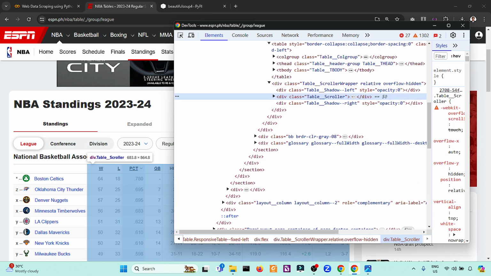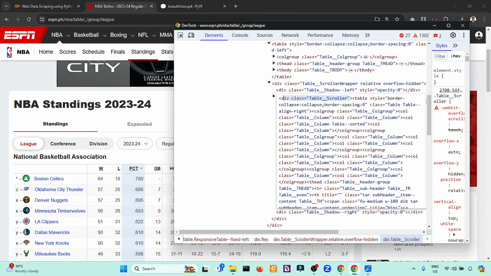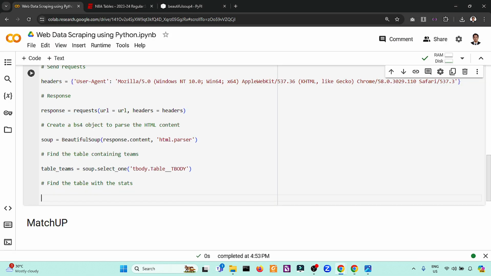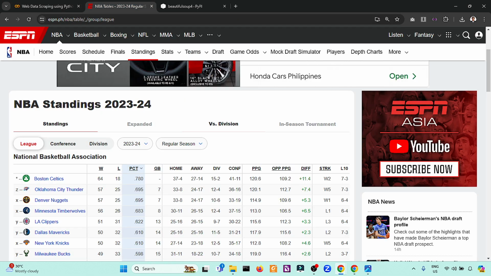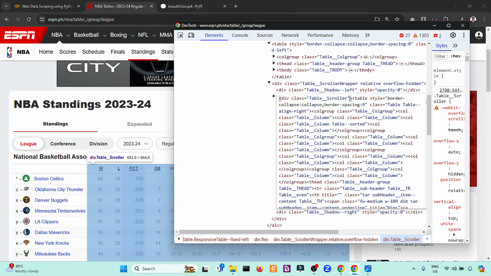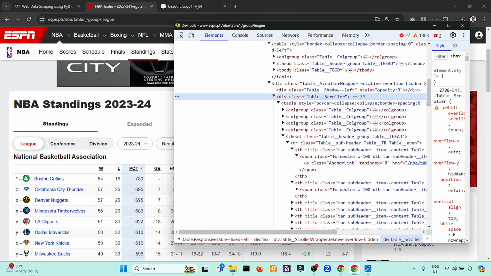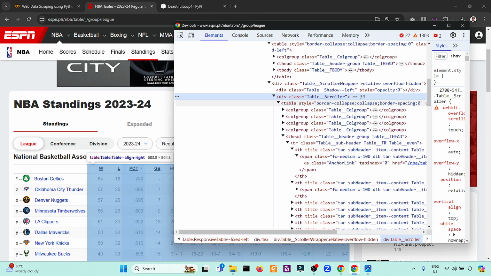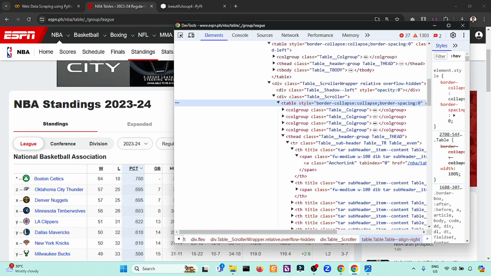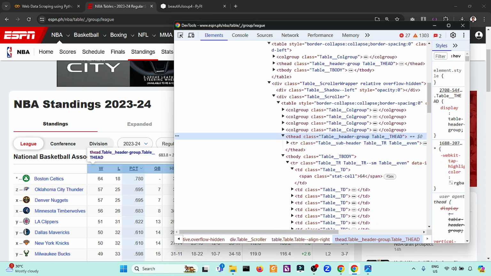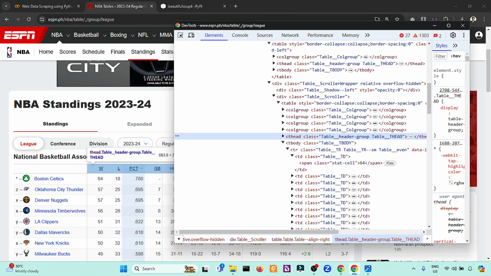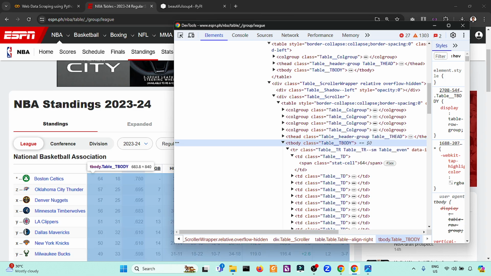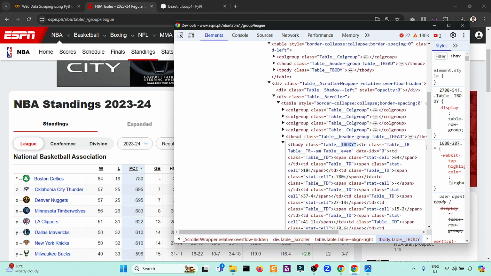We can find it in tbl scroller, and also if we inspect this under tbl scroller here, we are not interested in the header. So thead is not to be included, but tbody here.